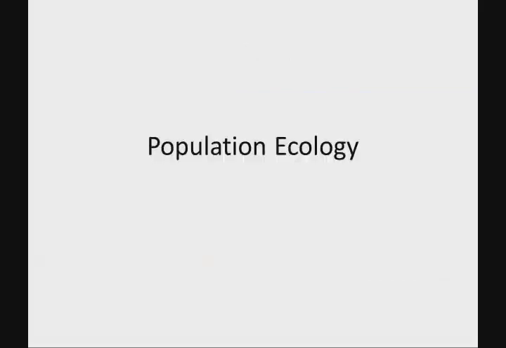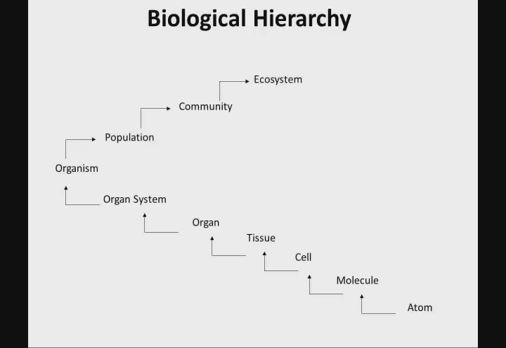Now, let's talk about our first level of ecology at a population level, right? So population ecology is going to look at populations, right? So this is one level above organism in our hierarchy. And remember, populations are the level at which evolution is really going to be seen, right? Because populations evolve through selection of fitness of the individuals. So we want to think about that we're now seeing the effects as populations change based on the selective pressure